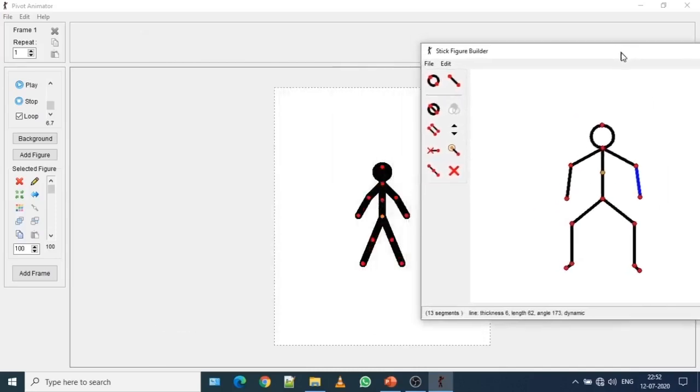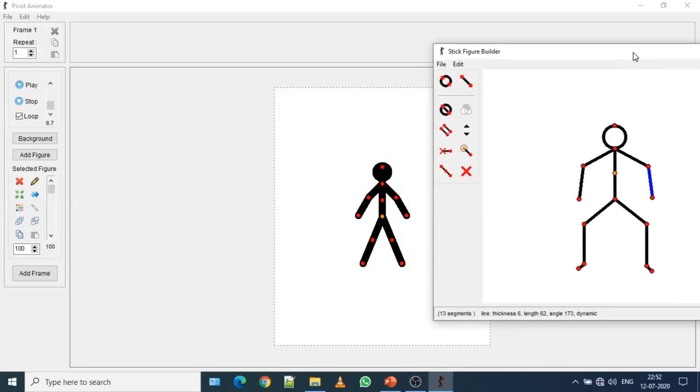So it is done. If you check it over here, this particular shape looks like the shape that you are seeing in the Pivot Animator window, but the thing is that the shape of this is thin.